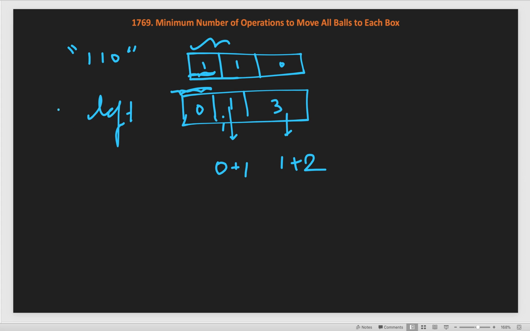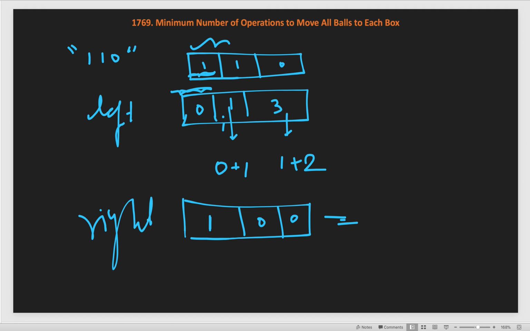Similarly, this is from left to right; another array we will create from right to left. In the right to left case we will come from the right side first. At n minus 1 index we will fill 0 because there is no right ball here. Similarly, once we reach here we will check if there is any ball, no ball, and then we will fill 0 again here. Once we reach this index we have 1 ball, so the cost is 1. Let us call this the right array.